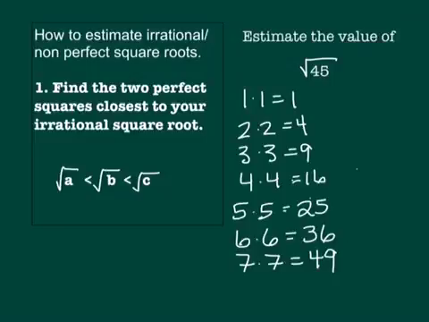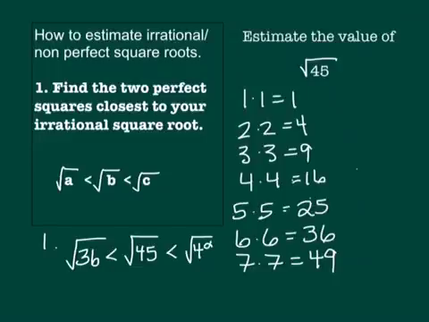So that right there should show you that between these two, right here, 36 and 49, is 45. So we can write this, step number 1, as the square root of 36 is smaller than the square root of 45, which is smaller than the square root of